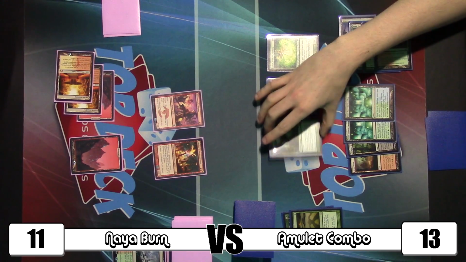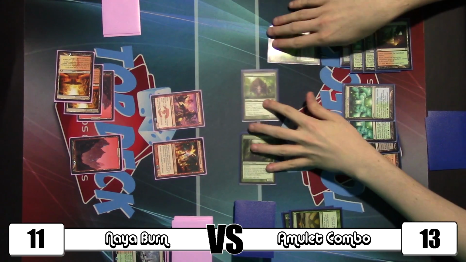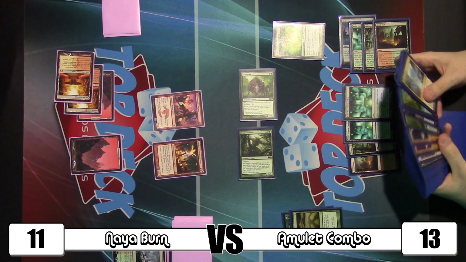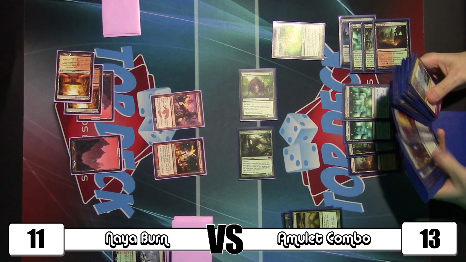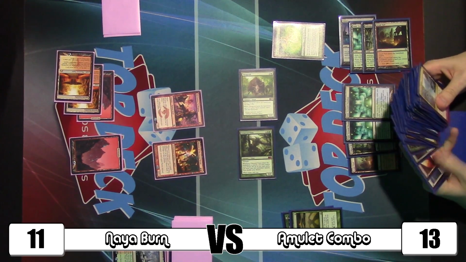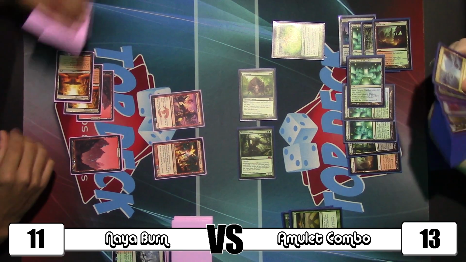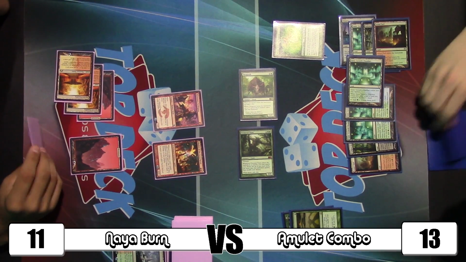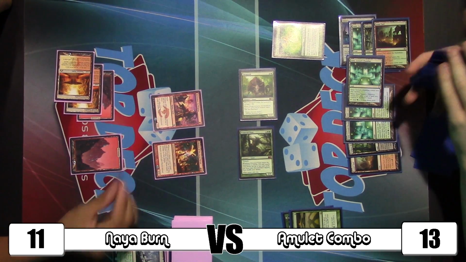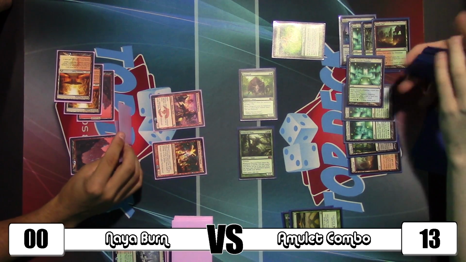So from there, we will enter combat and attack with both of these hot guys and with Titan. No blocks. No blocks. Man. I can't do anything. Yeah, we'll just keep gaining life. Growth Chamber, Ice Bridge, return Ice Bridge, and attack for the lethal. Yeah, you were super, super close. Getting me down to 2 was